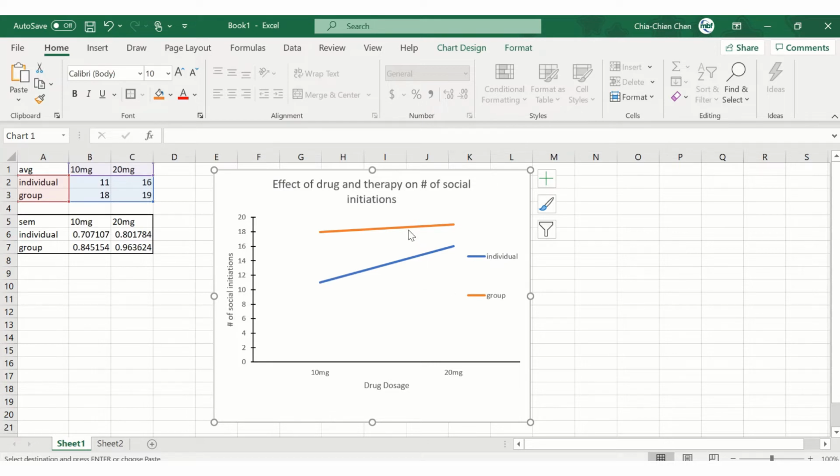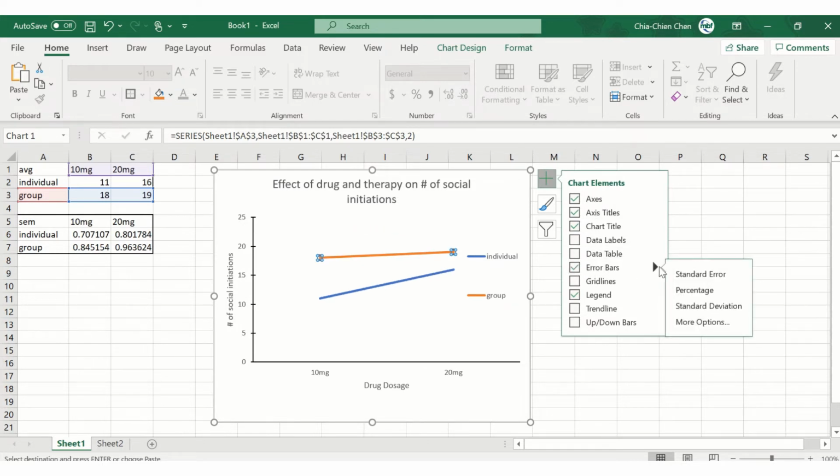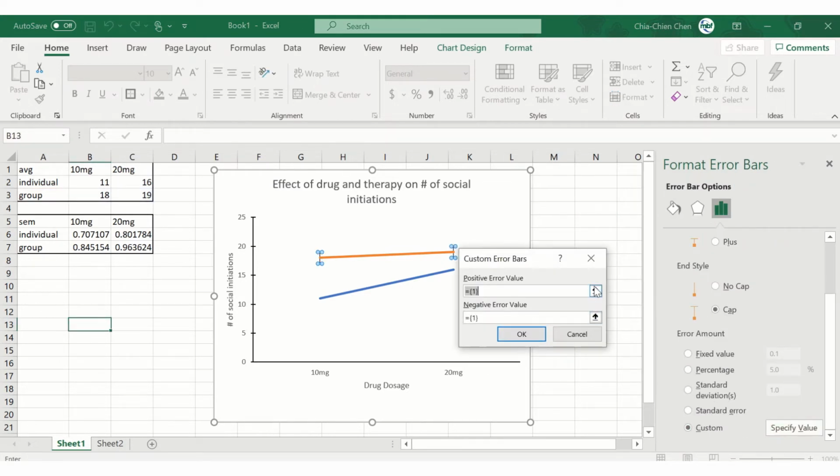The error bars over here are for the group, so that would be this row over here. So click plus error bars, click this, go down to more options, scroll down, custom, specify value, and